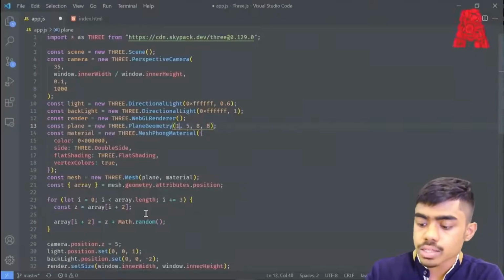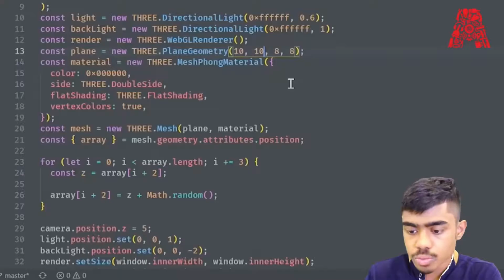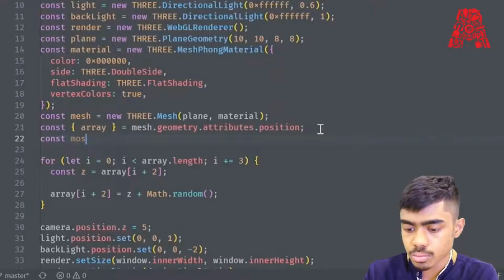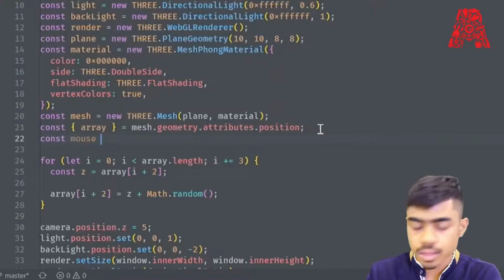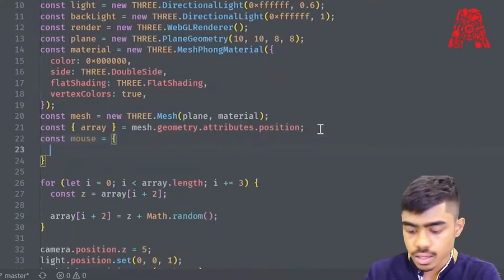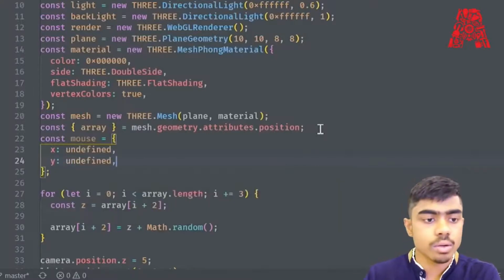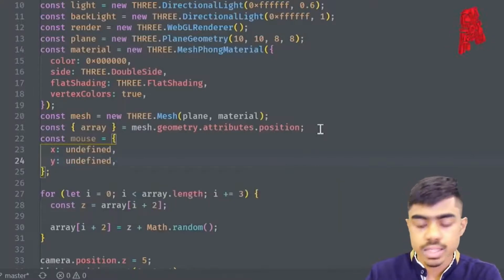Now what we can do is add a few extra features. I will show you how to add a hover over feature that changes the color on hover. So let's get started with that. First we need to initialize our mouse by saying const mouse, and in that we set the X to undefined and Y to undefined. Now that we have our mouse, we can set our raycaster,